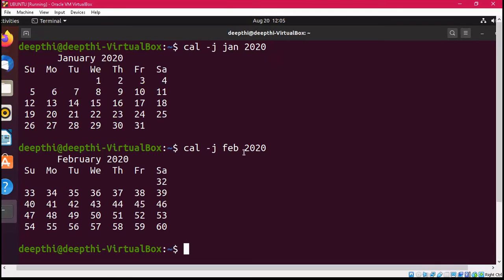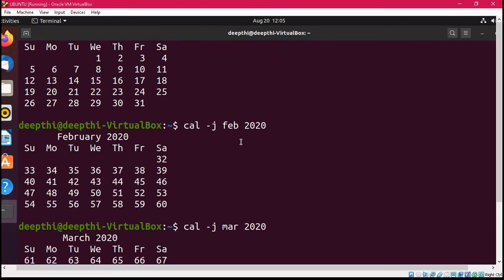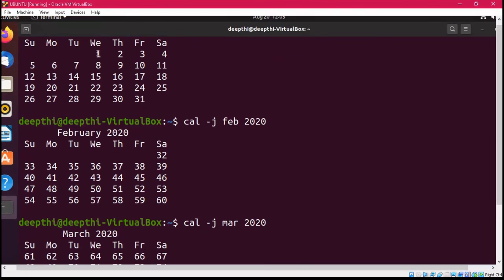Then this is a leap year, so the number of days in this month will be 29. Adding 29 to 31 gives you 60, so the last limit is 60, right? Similarly, if I write March, you can see clearly what is happening.